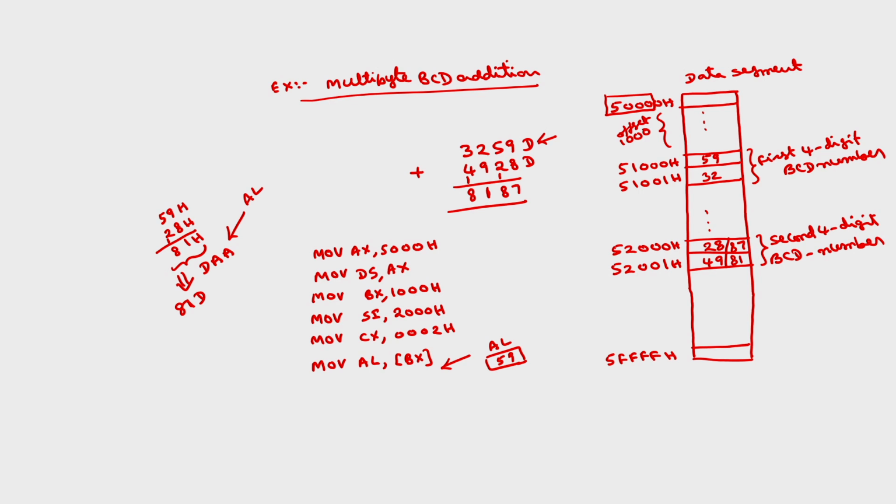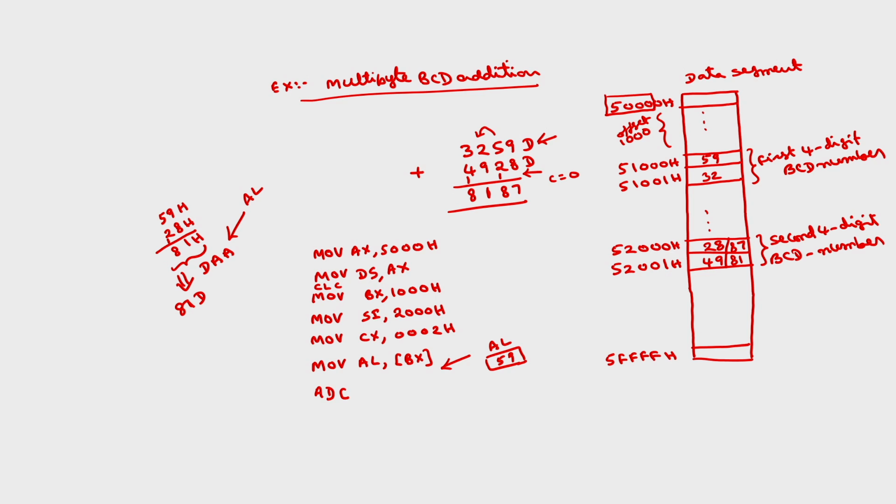Now we have to add to the previous one, ADC, add along with carry. Of course here there is no carry, carry is 0. After this addition you may get a carry from here to here. So for that you write an instruction to clear the carry, CLC, we have discussed in the earlier class. This will clear the carry flag. So even if I use ADC here, because the carry flag was reset, and none of these move instructions affect the carry flag, the carry flag is 0.